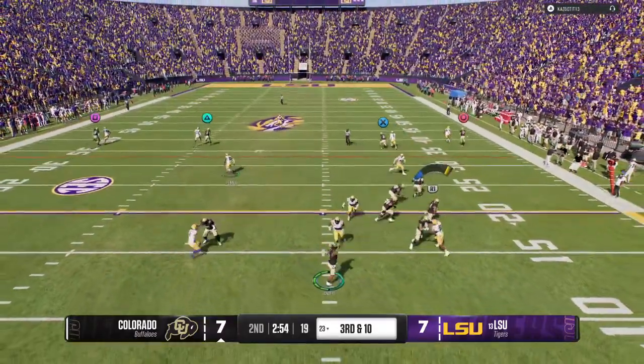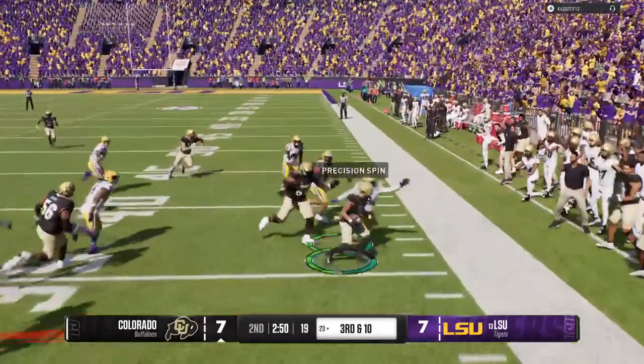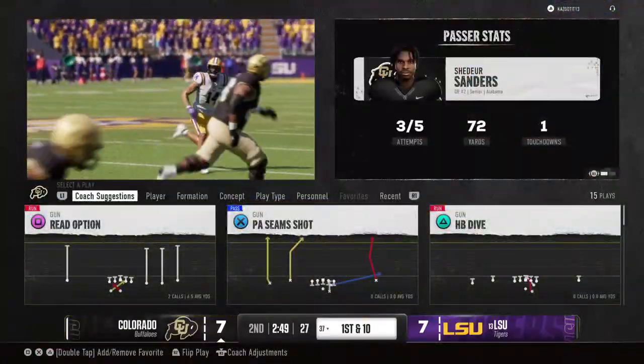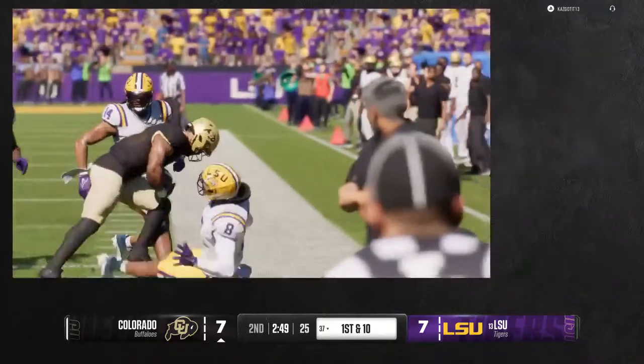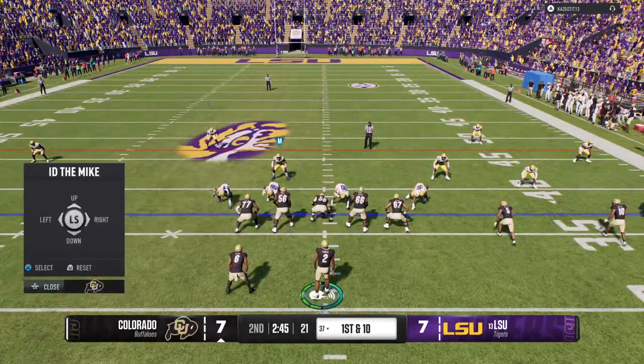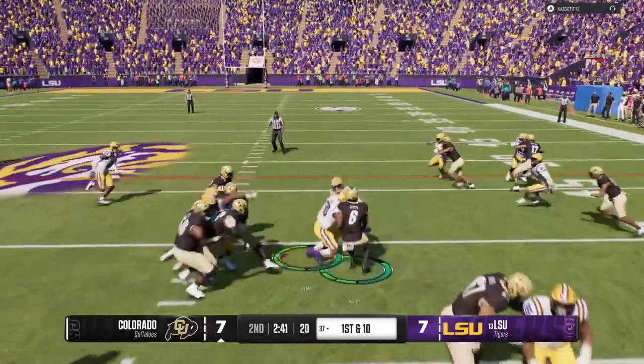On 3rd and long, trying to have a big completion here. They're setting up the screen. Finally run out of bounds, but he has this offense rolling with a first down. Great job, too, by the QB there. Holding the ball as long as possible, allowing the pass rush to get upfield, and at the very last second...